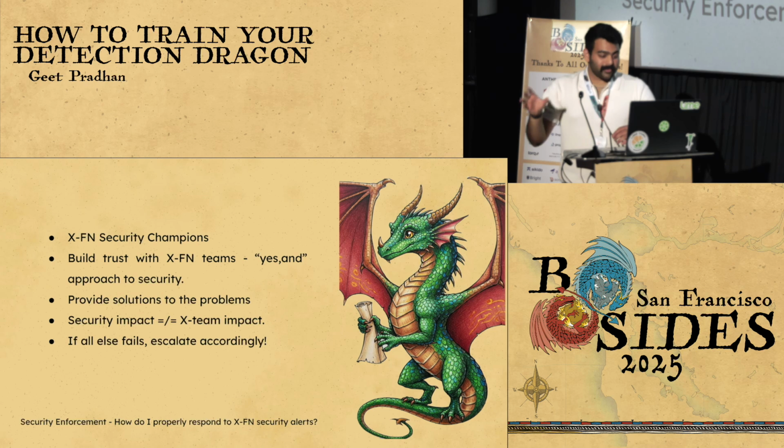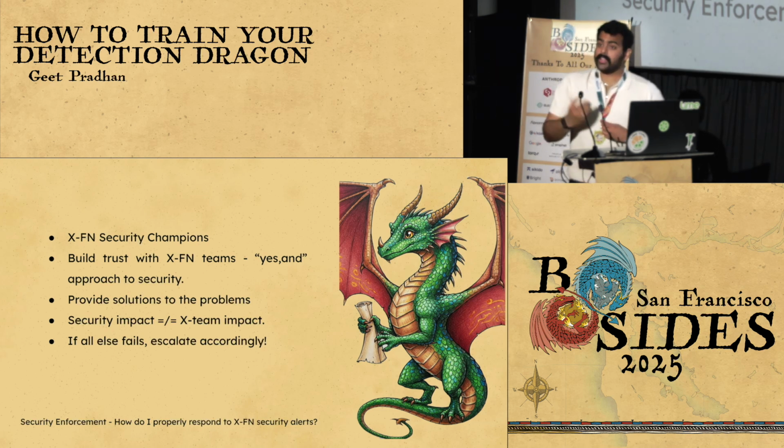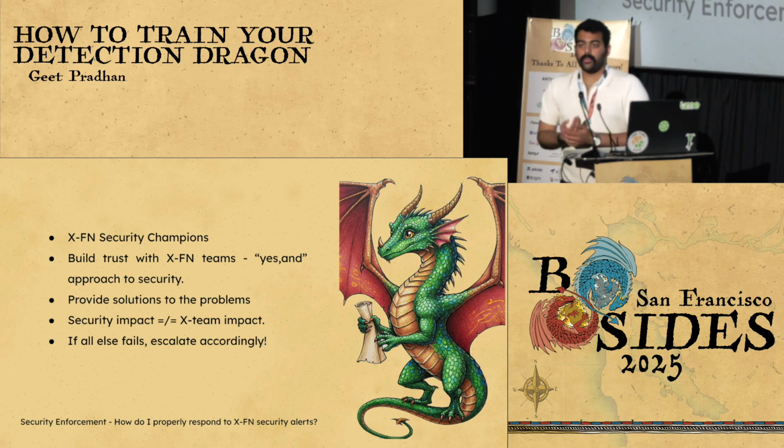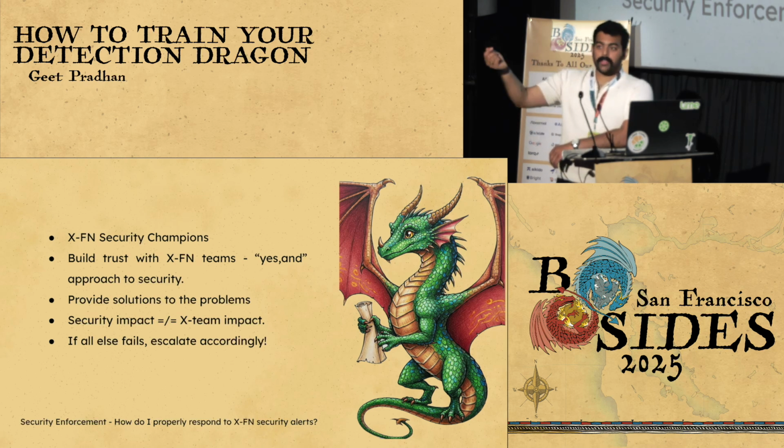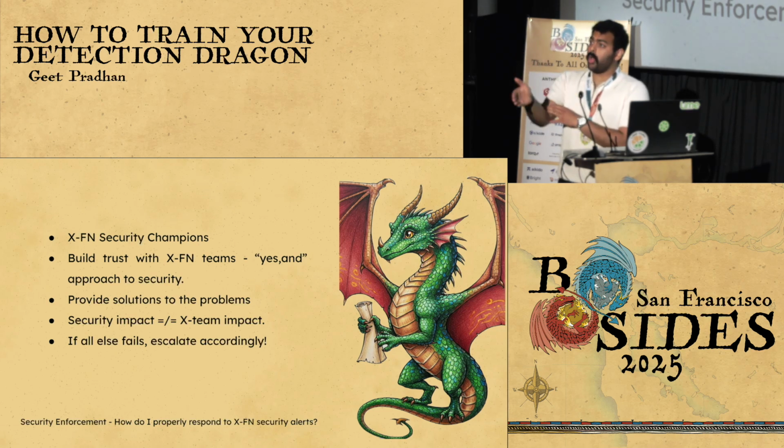Now, provide solutions. Don't just say, oh, this is wrong, right? The example that I gave earlier about a team bypassing branch protections. What we did is we told them, okay, maybe you don't do that. Is there anything we can do? Can we have a bot account to do some of these actions for you? We'll add a bypass rule for this particular account. Something along those lines, to not just provide a problem and be a blocker, but also provide a solution for them.